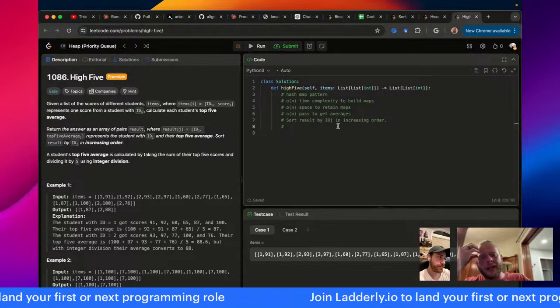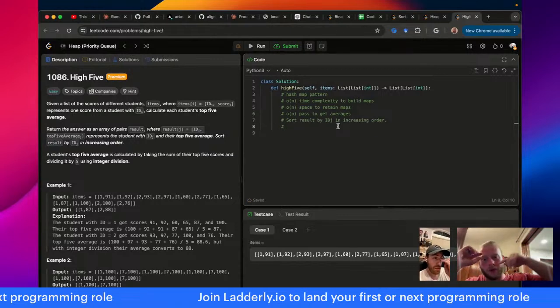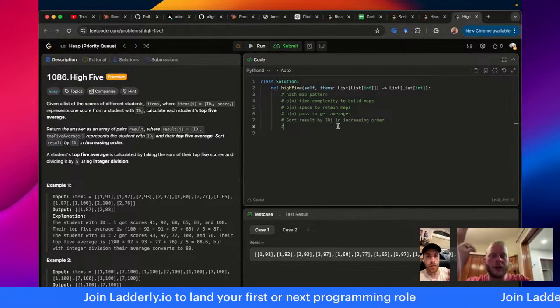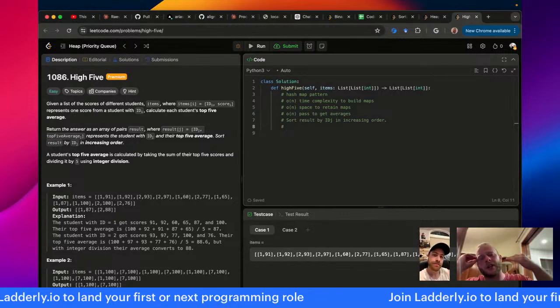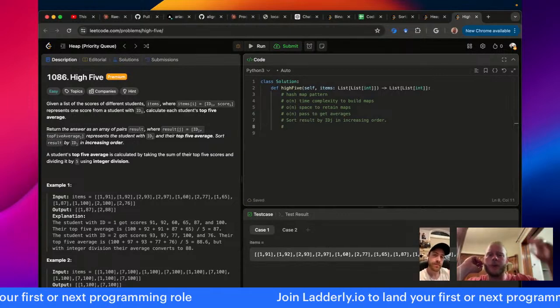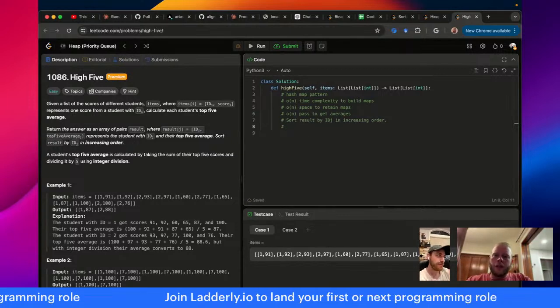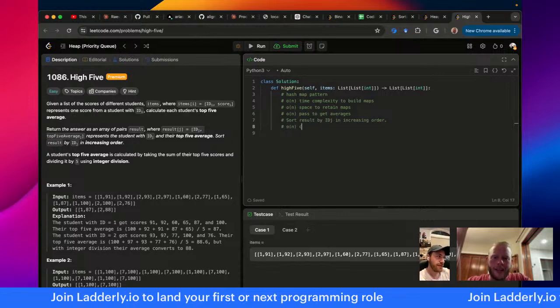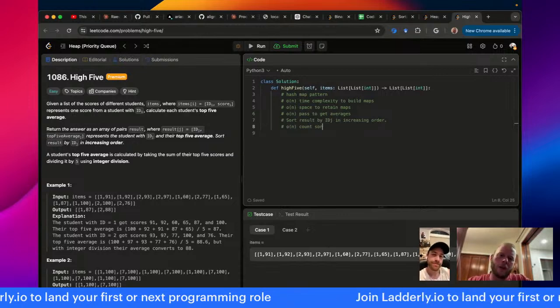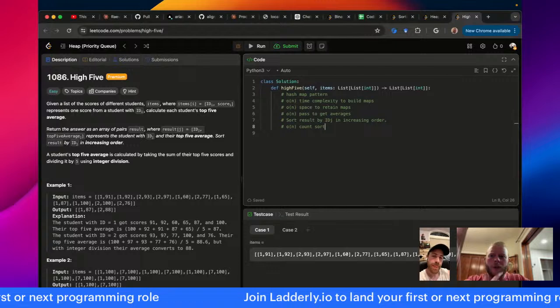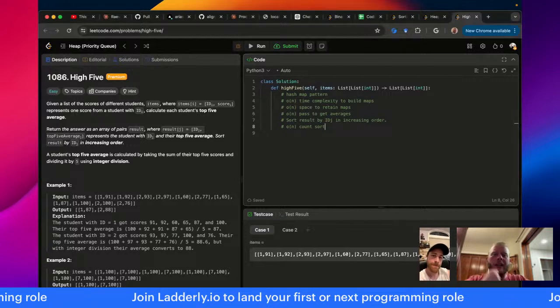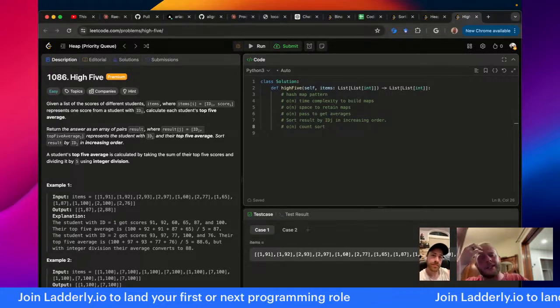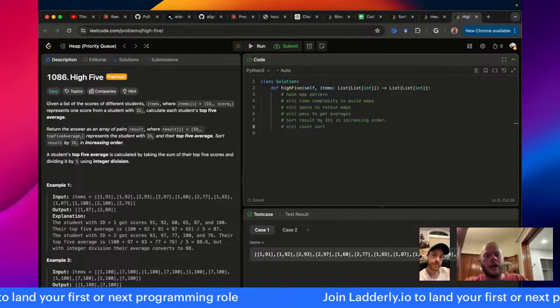Let's see. I could do a count sort where I just go 1, 2, 3, 4. Like it'd still be O of n. It would not be an n log n sort. I would just start at 0 and go up until I run out of numbers. Yeah. So I could do O(n) count sort. To me, that feels like the right answer. But if I do a bubble sort and it ends up being n log n, that would be slower.